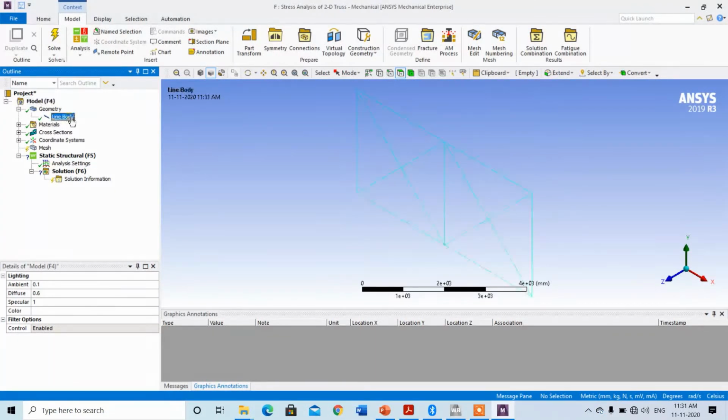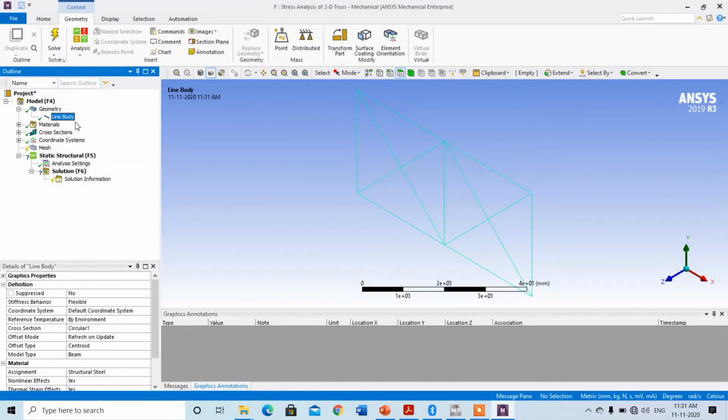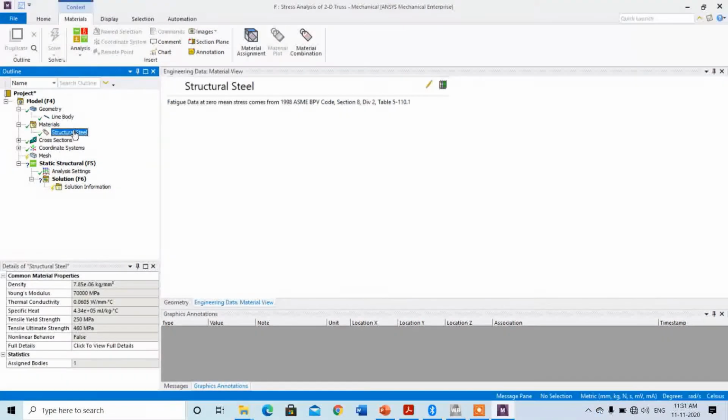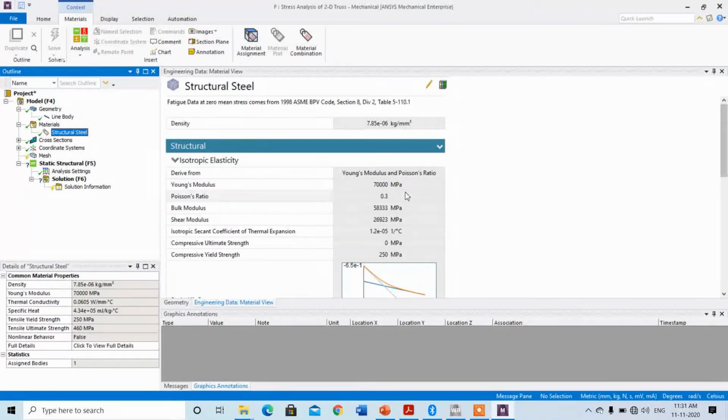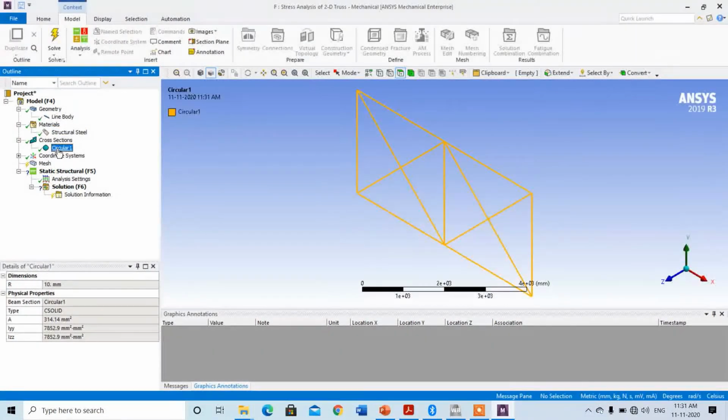Line body is this one, line body. That is nothing but the geometry. Go to the material, check material properties. Here we have provided 70,000 megapascal. Then cross section is circular. You can check here circular, and the geometry is also circular. So cross section. Then go to the mesh now.